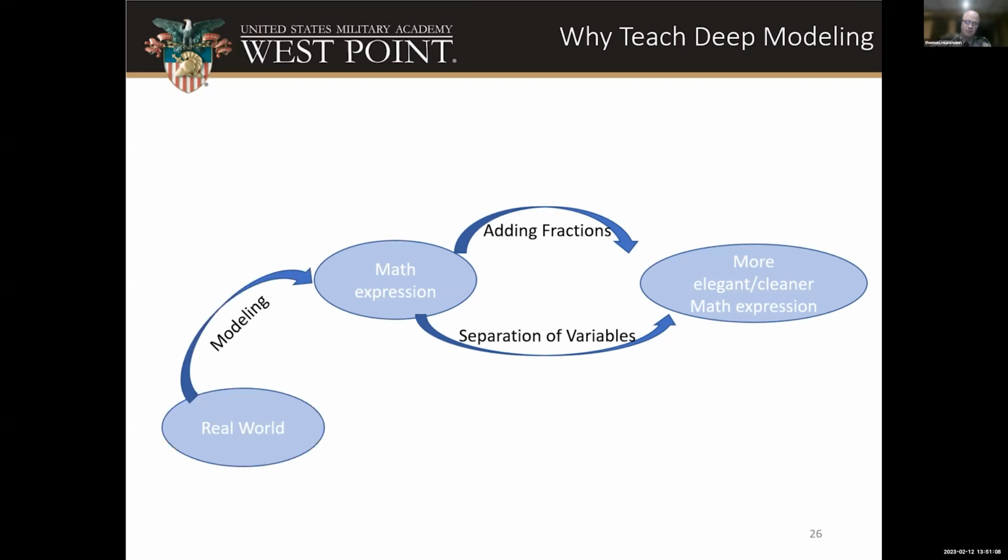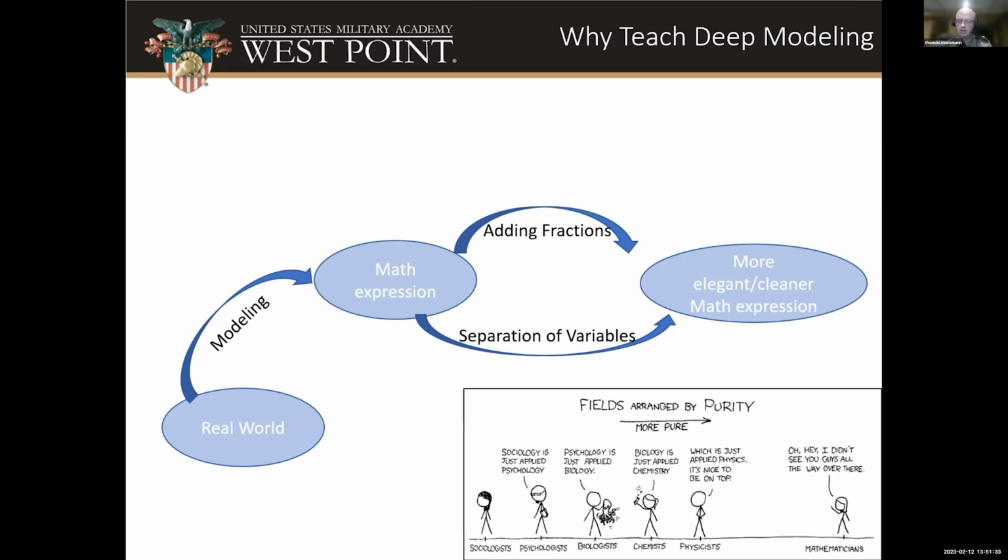Maybe this isn't true here at Semiote, but probably true in the broader math world, that we tend not to like the real world modeling because we say that's chemistry, physics, engineering. The point of math is to find the underlying math principles that undergird all the other applications, and we in the math department teach the math and leave them to the applications. But I'd argue that this process of modeling is part of math, right? So how one properly transforms the real world into a math expression is the idea of